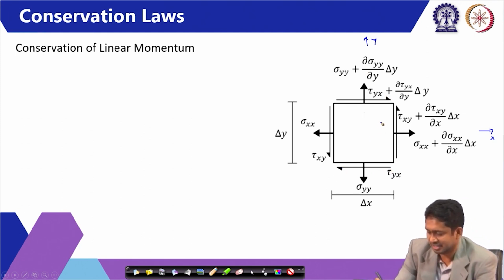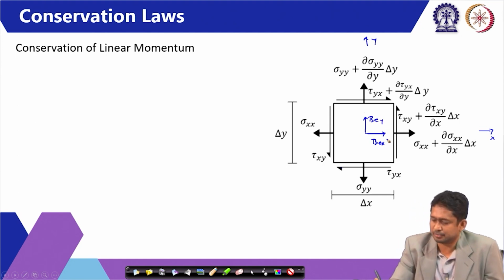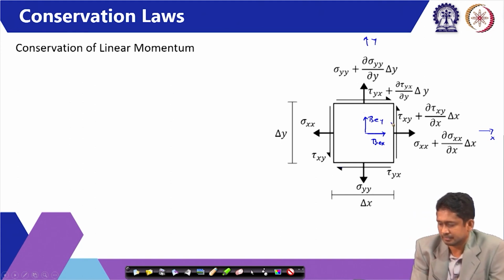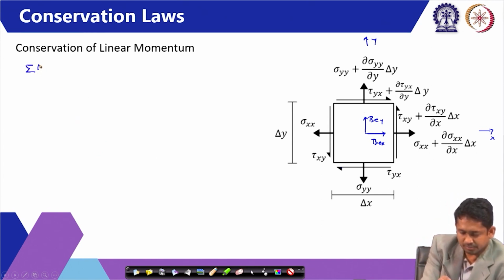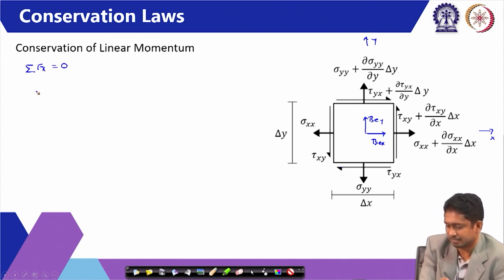And apart from that, if it is a polarized medium under electric field, there can be forces Bex and Bey. We derived it and saw that due to the interaction between electric field and polarization, there are forces, where the x component is Bex and the y component is Bey. Now, if we equilibrate it, if we say that summation of forces along x is 0, then the equilibrium condition gives us that